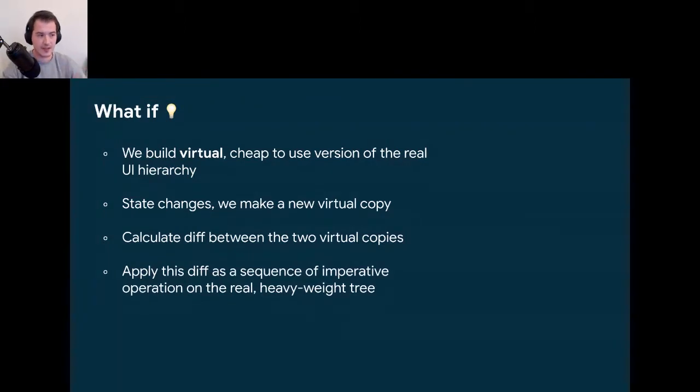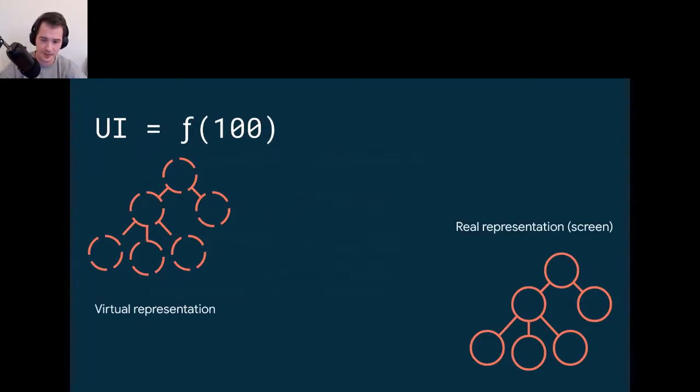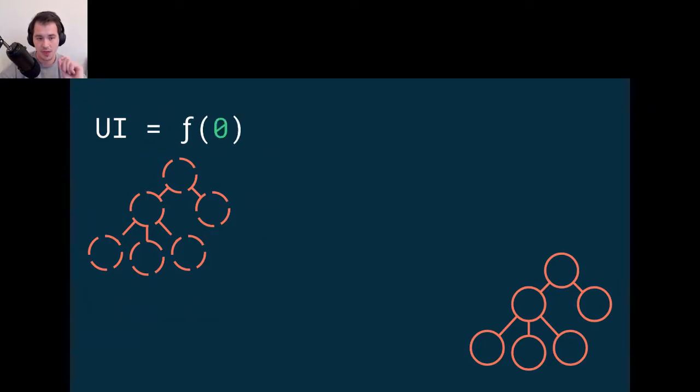It's like we will basically do the changes in UI for user, right? We will do like this view gone, view visibility, set color, etc. in a framework. So here how it will look like. We have like UI when your unread count is 100. Here's like, the dotted is virtual representation. The one on the right is real representation. So state changes to 0. What we do, we construct the new tree, new virtual representation. It's not tree. It's like just virtual representation.